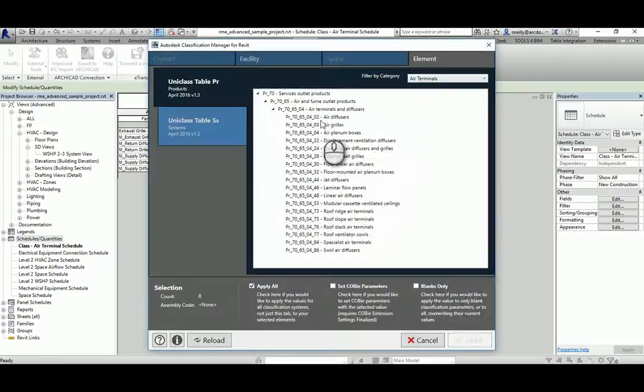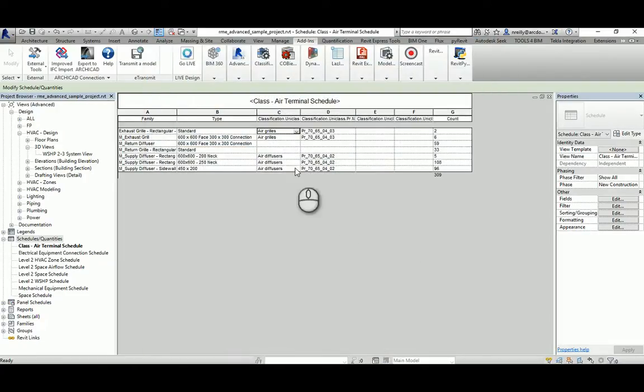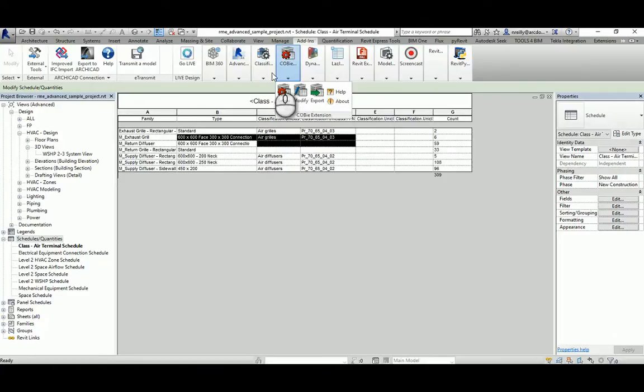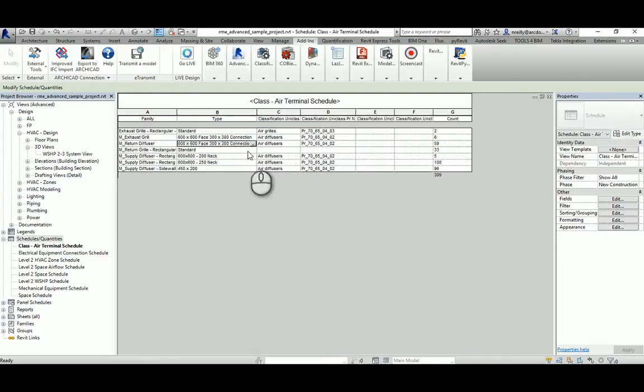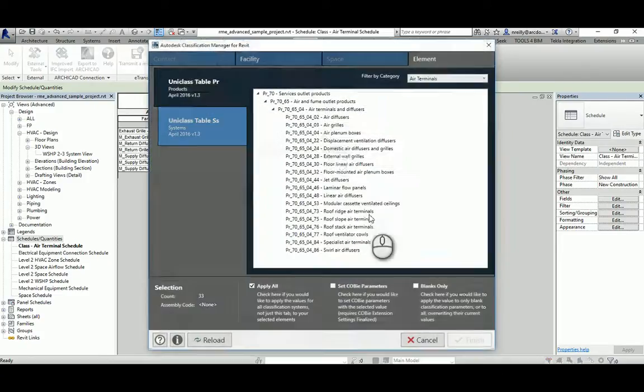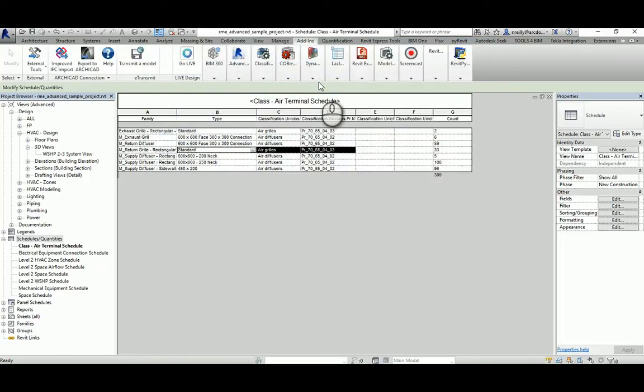I can add them grills, diffuser, there, and finally a grill here. Grills there. Okay, so after assigning the classifications to that, so that's 309 elements that have their classifications assigned to